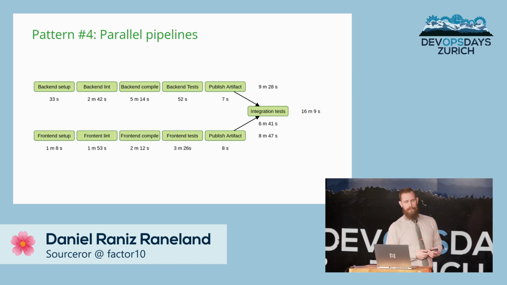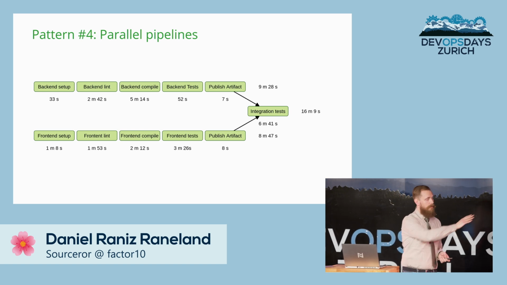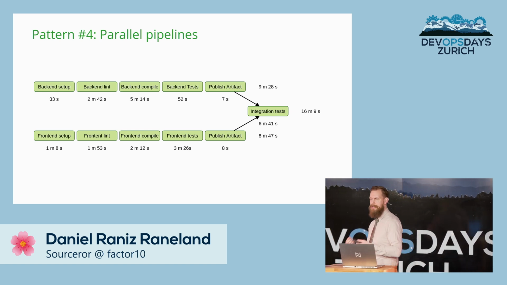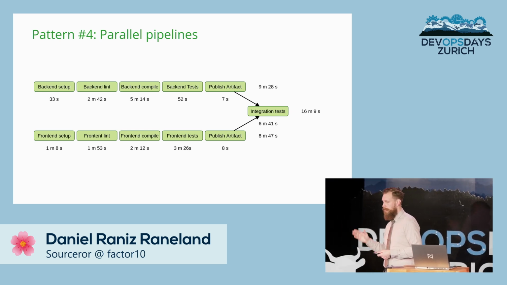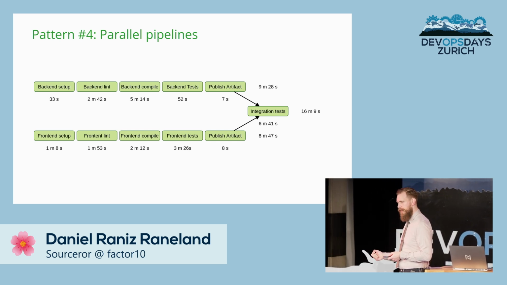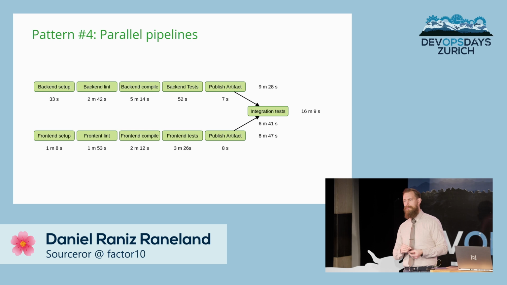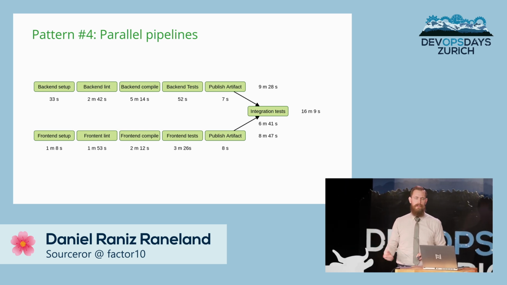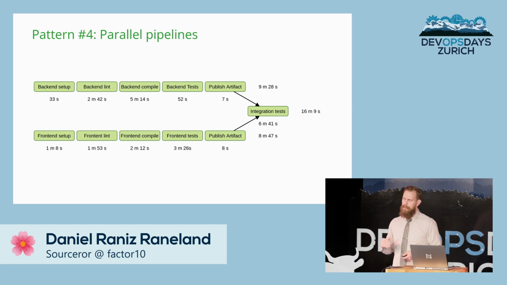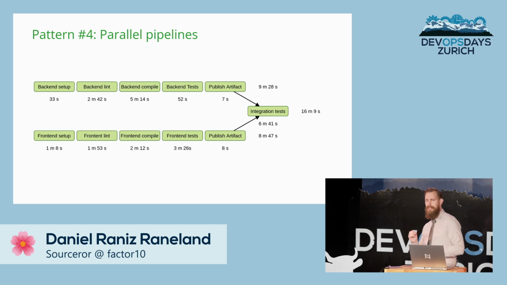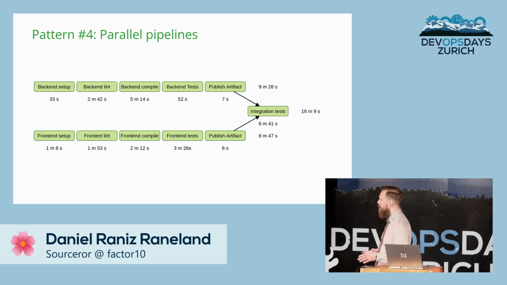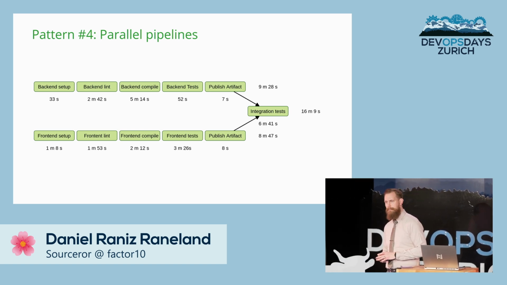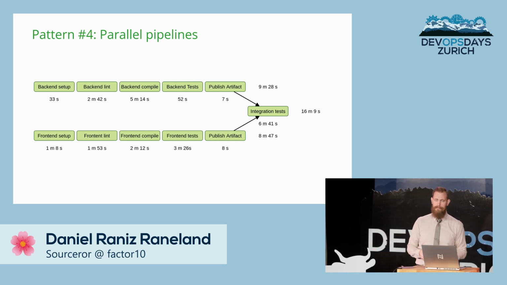We can use artifacts. So if we run the backend pipeline and the frontend pipeline, and then we run the integration tests on the results of those. So we publish an artifact after all the tests have passed. Then we can run the integration tests on the backend and the frontend artifacts, which are already compiled. We don't need to set up, we don't need to compile. We just use the already compiled result. Slightly longer pipeline, 16 minutes, but the runtime is just the publishing steps longer than the original pipeline. So we're losing about 15 to 20 seconds, but we're saving ourselves 8 minutes of wait time.